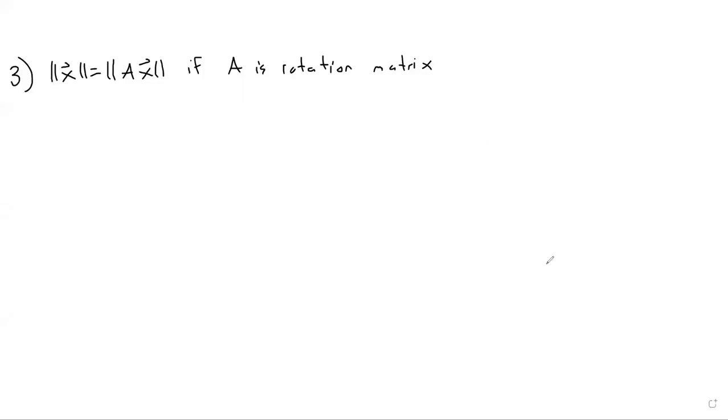We want to show that if we take a vector x and we apply a rotation matrix A to it, the length in R2 is going to be the same. So basically that rotation doesn't change length, it just changes where it points to. So the length of x, we know,